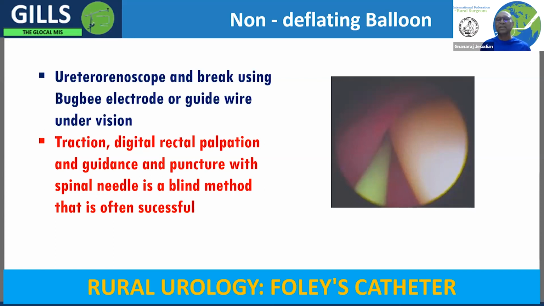If it doesn't work, then the most common thing which works is to fill the bladder and inject ether, if that is available. What we have found the most useful is to do it under vision. You pass the ureteral endoscope, visualize, then you can use the guidewire and puncture it or burn it, because sometimes just the guidewire doesn't puncture it. So we need to pass a cutting current to burn and break the balloon.